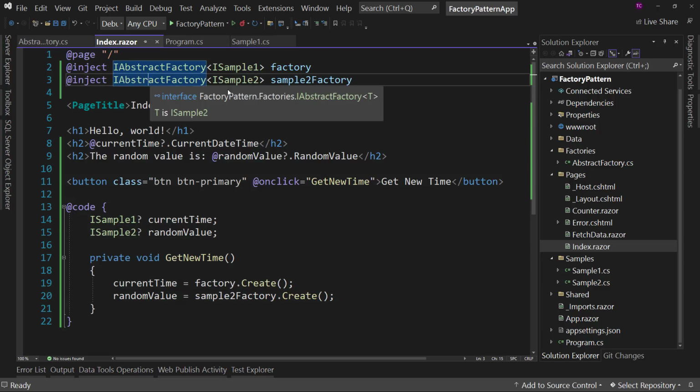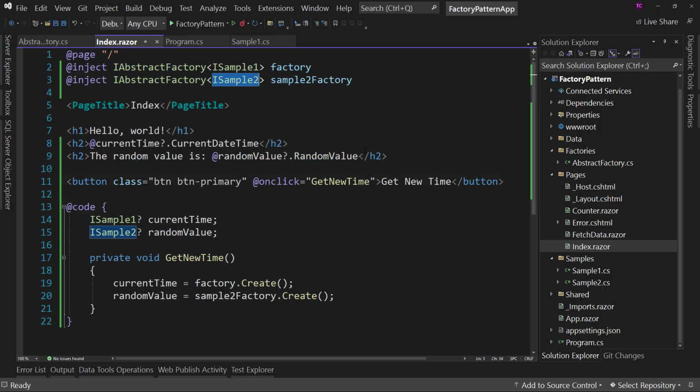All right, so we've seen abstract factory, and the abstract factory works really great if all you want to do is get a new instance of something. So every time you ask for it, you say create, and it gets a new instance of it. But there are times when maybe you want to create an instance that is